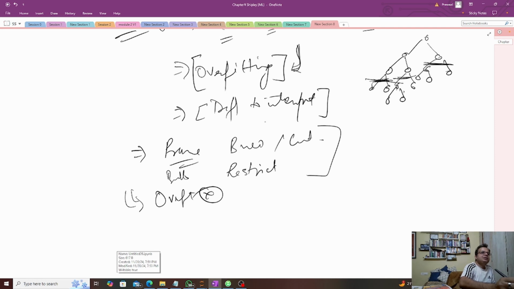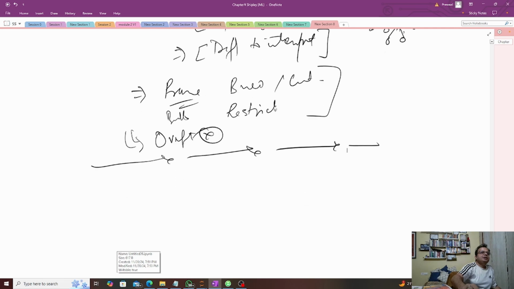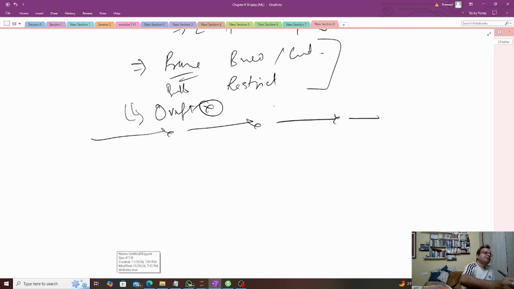Okay, so this is how a decision tree works, and now you should try more questions around decision trees. If you get into problems, you email me, and then I can either put up a new video on a working example, or I can send you some videos on YouTube which will help you understand how this entire calculation works. So let's now talk about some of these ensemble techniques,